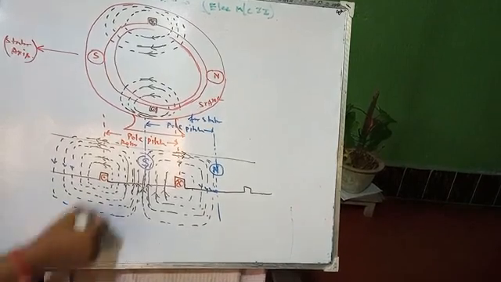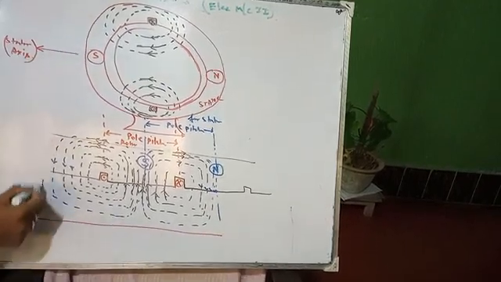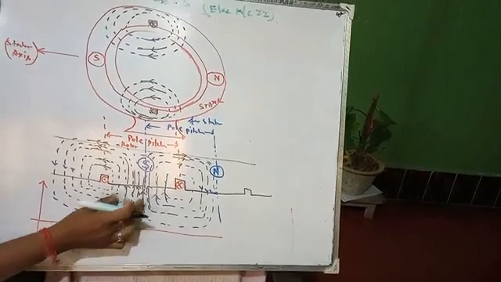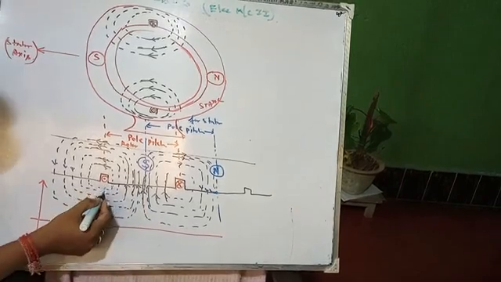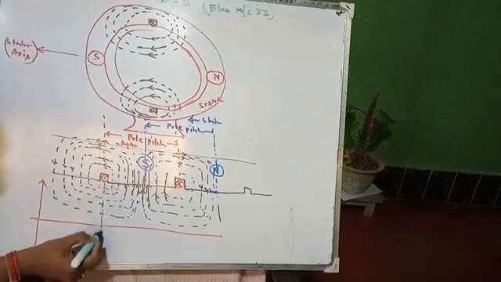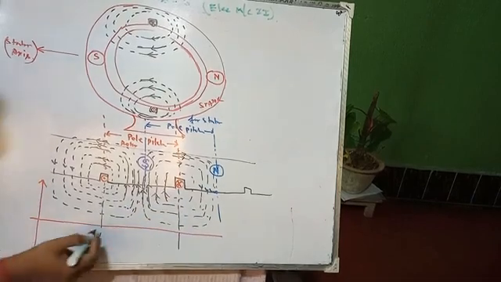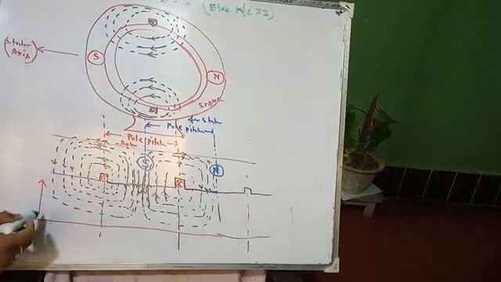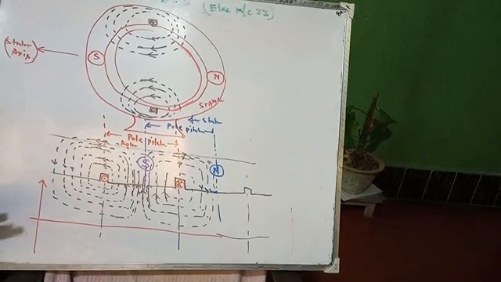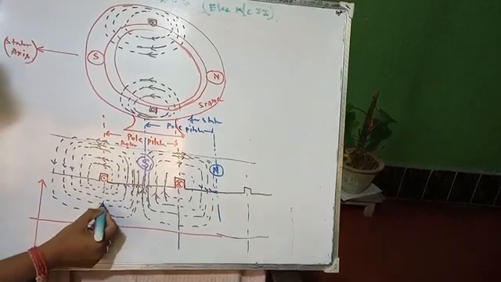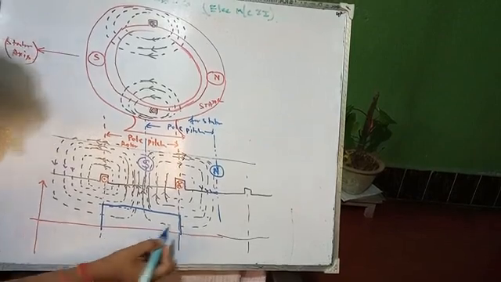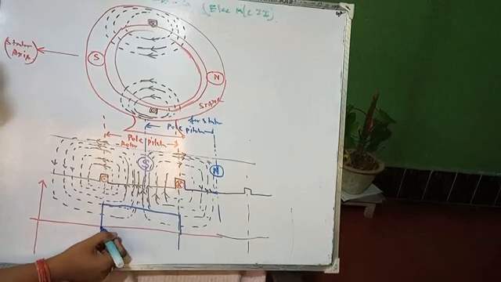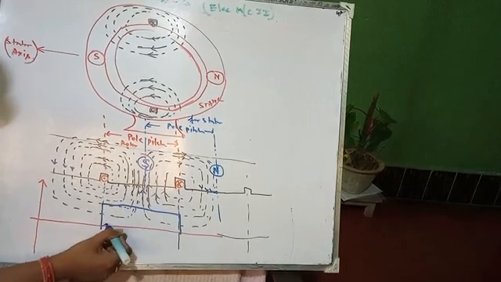So the consequent MMF structure will look like this. If we consider the additive flux over here, from this point to this point, and next from this point to another point, then from here to here a positive MMF will be generated. Actually this is a straight DC part, and it looks like at the midpoint it will be maximum.